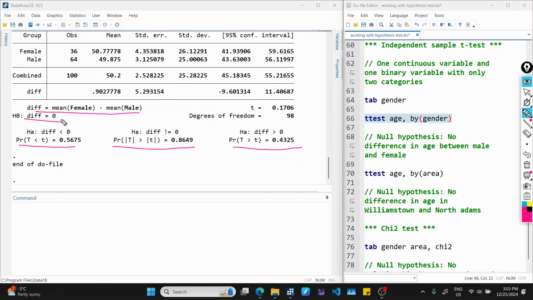And the main thing is that the null hypothesis is there is no difference, meaning that the difference must be zero. Difference 0. And in the first part, we are testing that if the difference is negative, it means that the mean age of female must be less than the mean age of male. In this case,